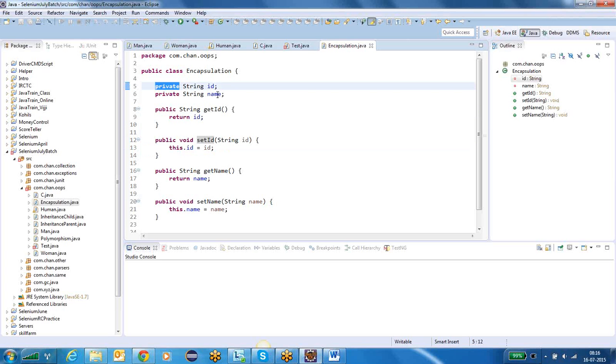So if I keep them as private, I cannot use it, right? If I don't use it, then what's the need of putting the data? I have a name and I stored the name, and if I don't give access for the name variable from the outside classes, then what's the use? What's the meaning of putting some value there? If no one can use it, why can I? So what's the purpose of storing the data, right? So that's why